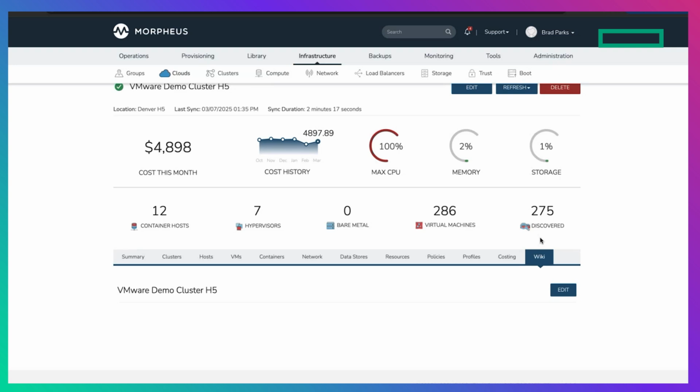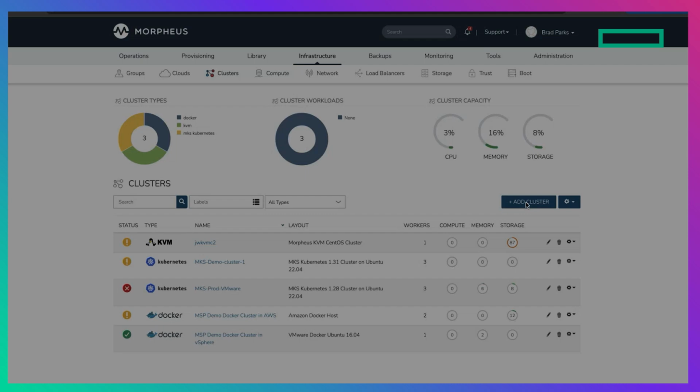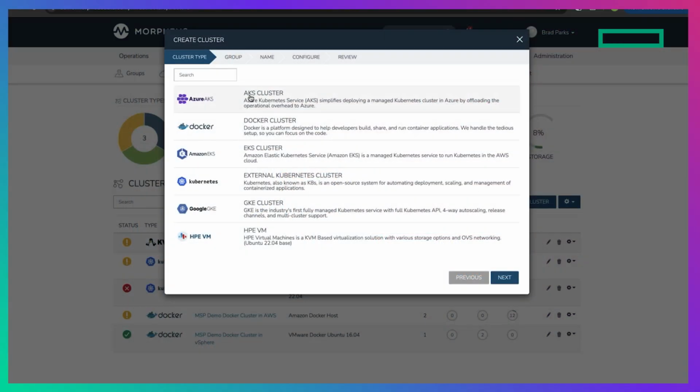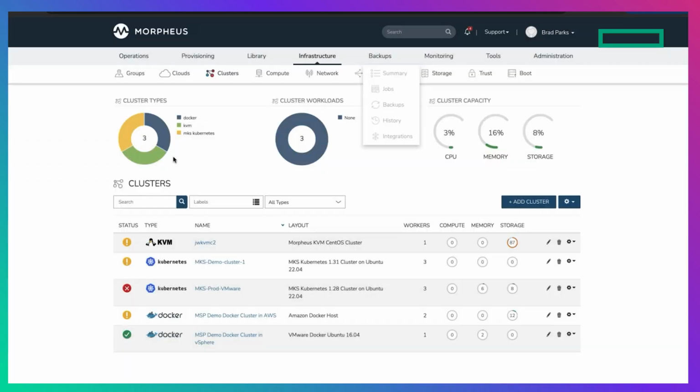So that's a little bit on the infrastructure section. I also have the ability to attach things like clusters inside infrastructure. So here is where I can go add things like a Kubernetes cluster. This could be the Morpheus Kubernetes service, which is our opinionated CNCF compliant Kubernetes cluster. I can provision a VM Essentials KVM-based cluster. I can also reach up into the public cloud and provision public cloud Kubernetes clusters. So for example, an AKS cluster up in Azure. So clustering is where I actually provision and manage the runtimes that my workloads run on.